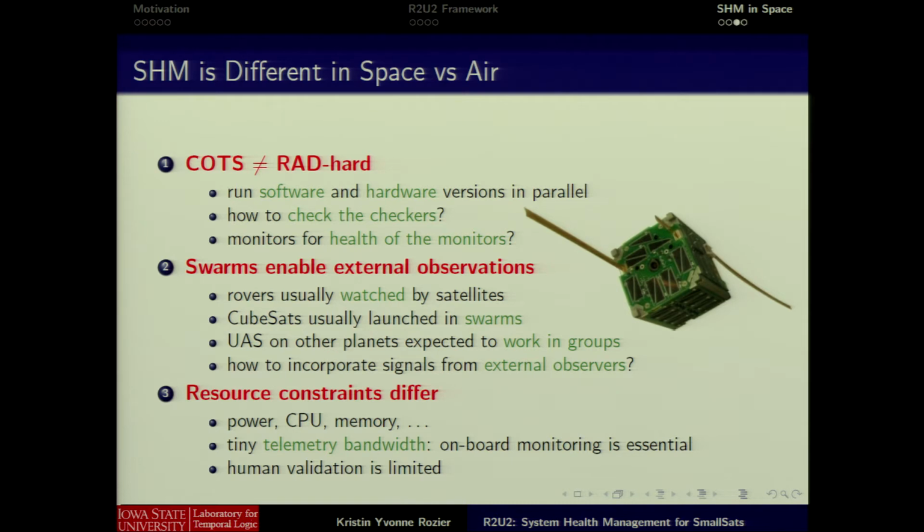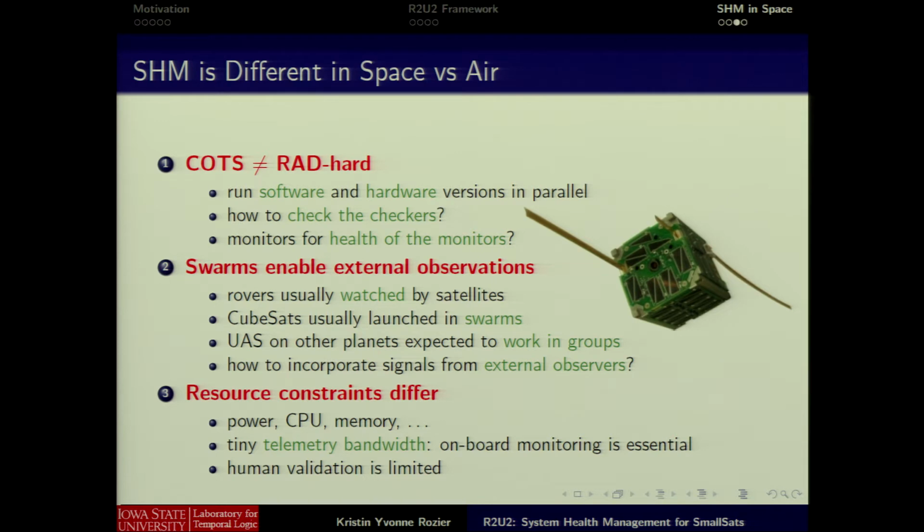And as long as we have this external observation, then we should ask the question of, can we use that also for our own benefit? So is there a way of sanity checking what we believe to be true on board using observations that others can make of our craft, our own ship, right? And then, of course, we have to take into account the errors on board the other entities in the swarm or transmission errors or things like this, right? So that's not quite as simple of a question as it might at first seem.